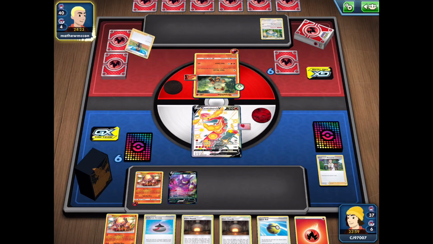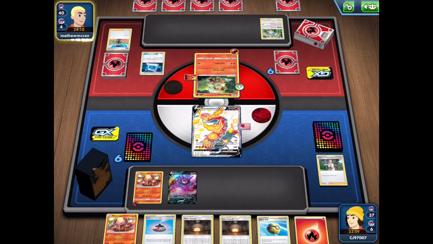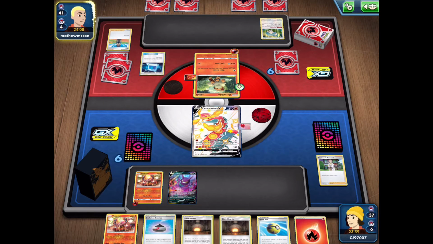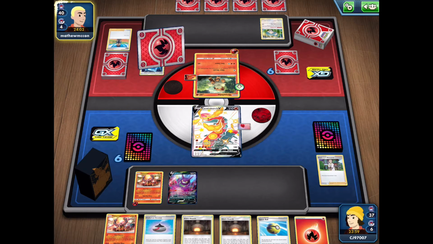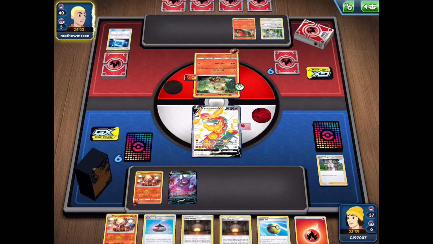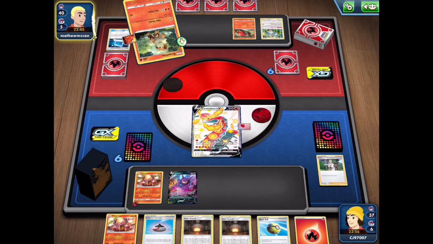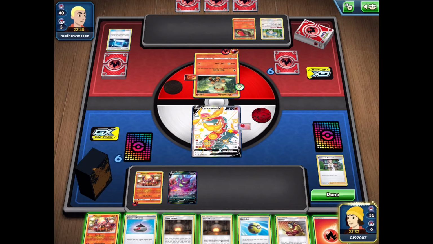My opponent has Hop to draw 3 cards, and they also have the Pokemon Communication, and they're going to be searching for a Pokemon. They get themselves a Centiskorch here, and they're going to be putting it in order to get the previous evolution. So my opponent goes for the attack. They get the Tails, so they're not able to deal any damage, and we draw into the Welder, which is